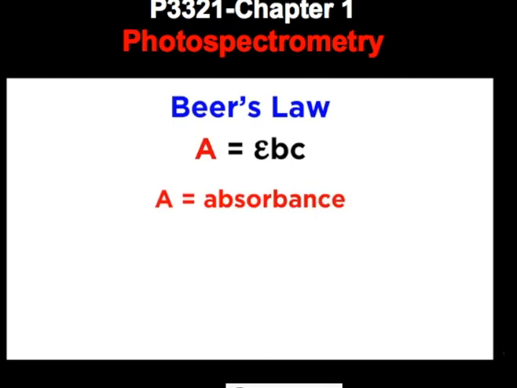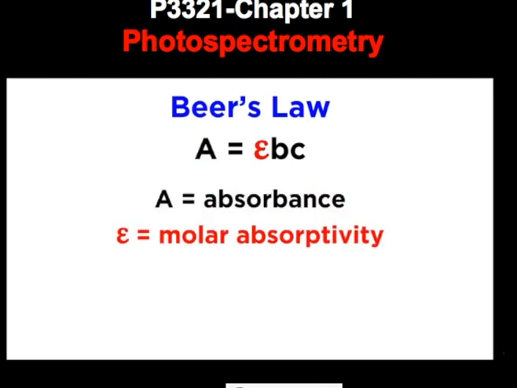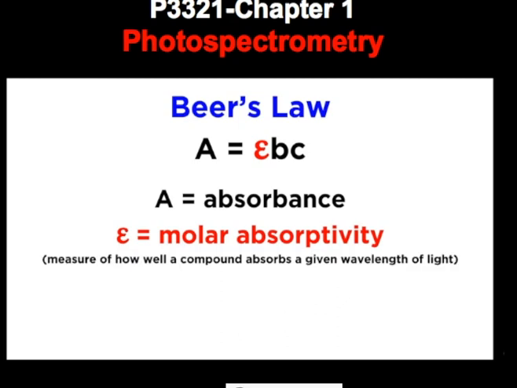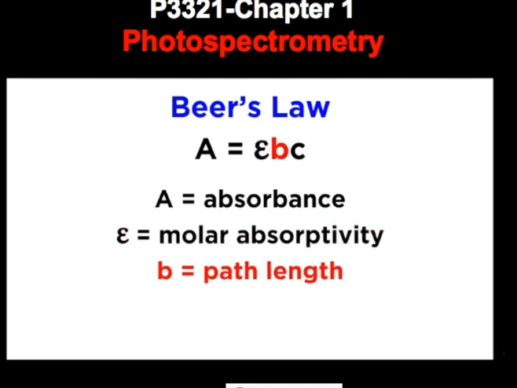Here, A is for absorbance. This symbol represents something called the molar absorptivity, a measure of how well a chemical species absorbs a given wavelength of light. B represents the path length, or the distance light has to travel through the sample, which is relevant because the more of a substance the light travels through, the more of it that will be absorbed. And C is the concentration of the sample, which again is relevant because the more concentrated, the more absorbance that